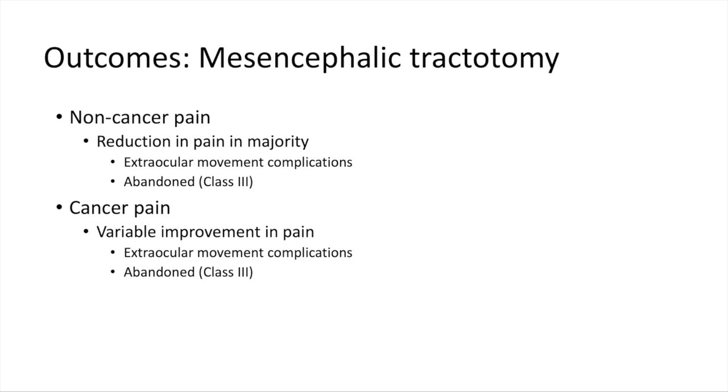The latest publication reported the effects of lesions made in 1 of 2 locations in 27 patients with central pain following a stroke. Long-term pain relief was produced in 75% of patients with lesions created at the level of the superior colliculus, although with significant eye movement side effects. These side effects were reduced with lesions adjacent to the inferior colliculus. Long-term pain relief was achieved in 58% of patients who received the adjacent lesions. Follow-up was between 3 months and 5 years.